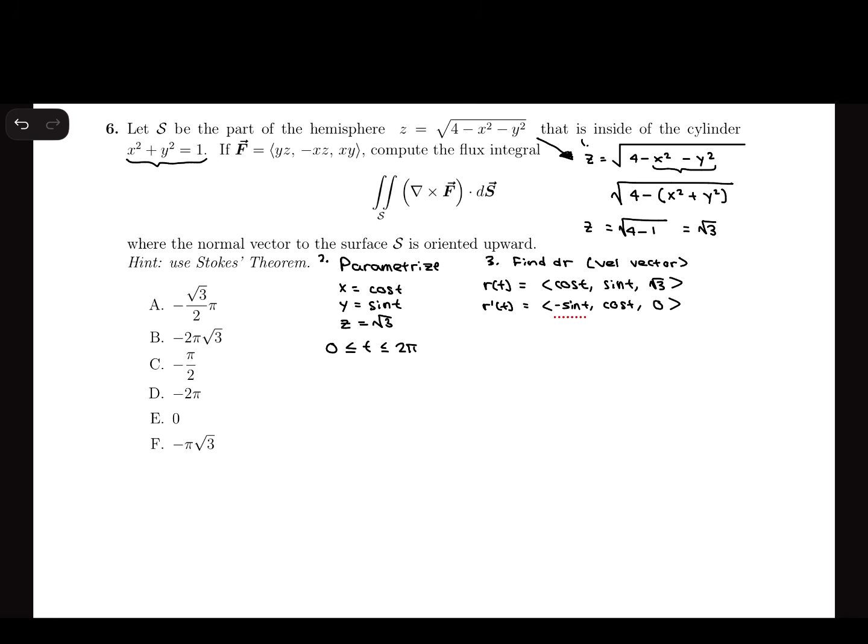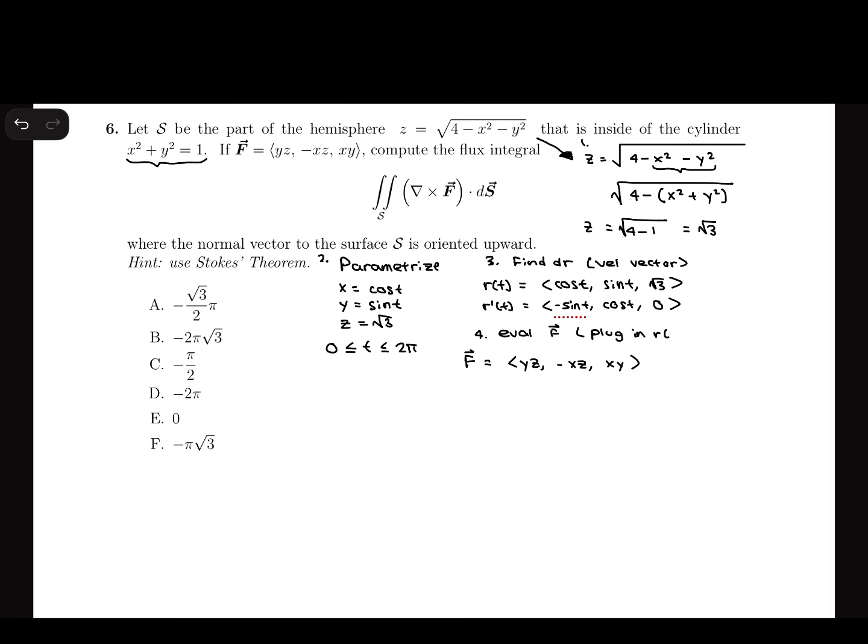Okay, so that was step 3. Told you it's a long problem. Step 4 is to evaluate f on the curve. So in order to do this, we have f is equal to yz, negative xz, and xy. So what we're going to want to do is to evaluate the vector f on the curve, you plug in r of t,